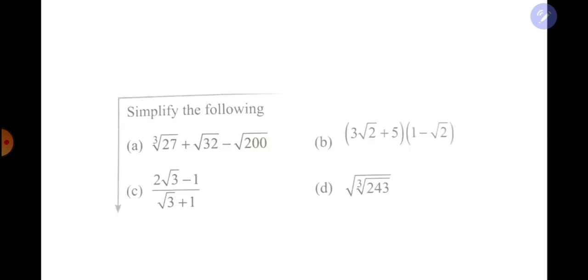For C, we have 2 square root of 3 minus 1 over square root of 3 plus 1. Okay, so to simplify this, it looks easy, right? Okay, so you can multiply with the conjugate of square root 3 plus 1, so you will get square root 3 minus 1 over square root 3 minus 1. Okay, so later you do it yourself. And I think it's very straightforward. And then D,